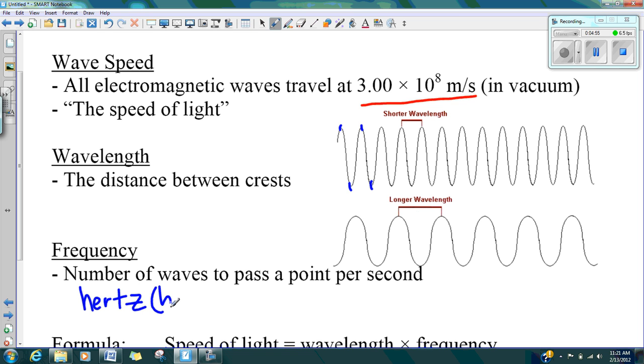And that is abbreviated Hz. And that is the number of waves to pass a point per second. So a hertz is one over a second. So if I take a look at this and apply this to the colors that you guys saw in class